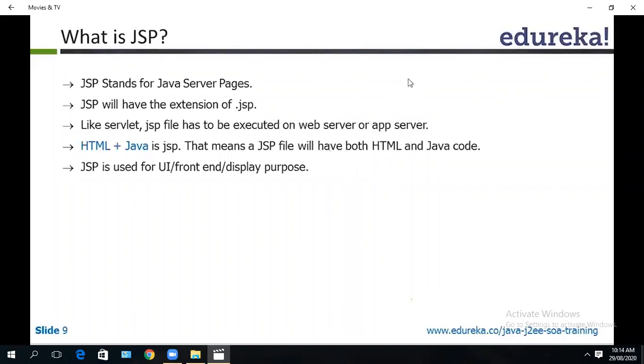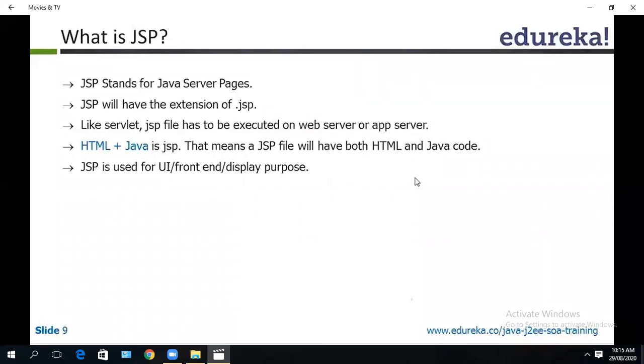So JSP is also server-side code, hence it has to be on one of the servers, either an application server or a web server.